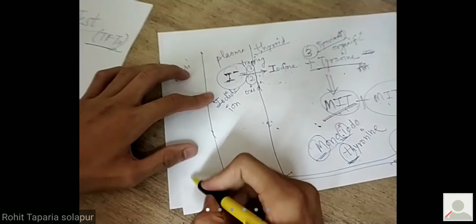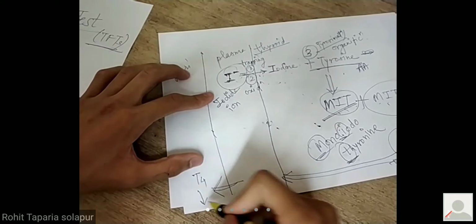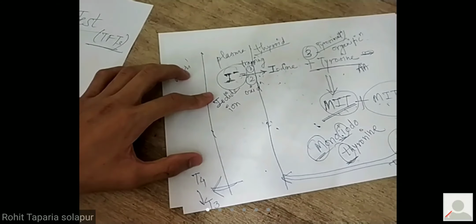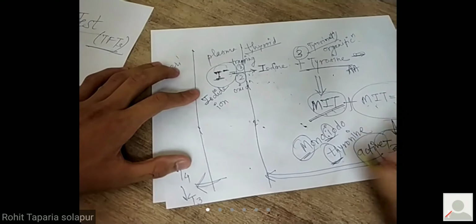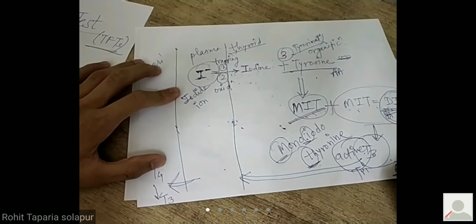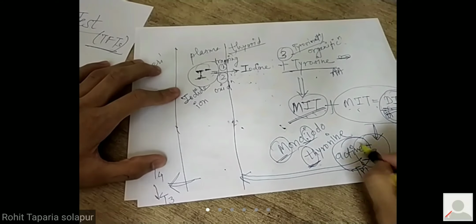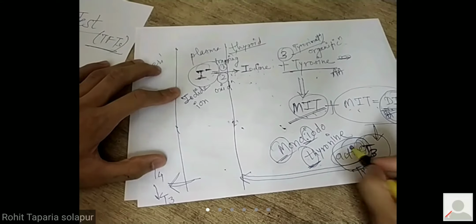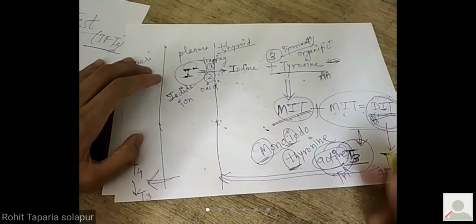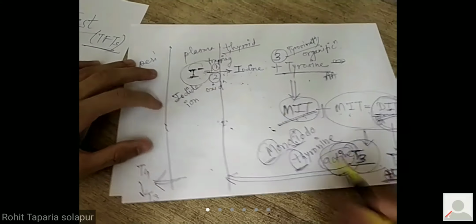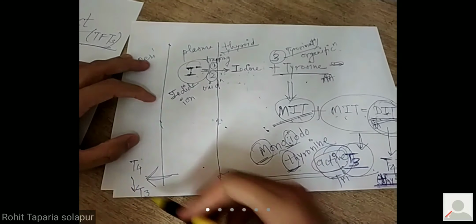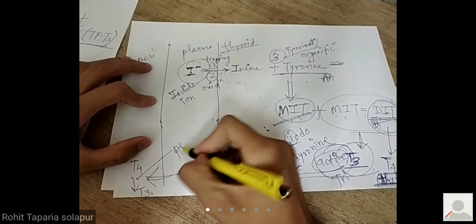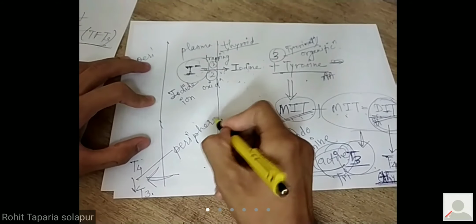And in periphery, T4 is converted to T3. Why? Because T3 is the active form. Though T4 is the thyroxine molecule, T3 is the active form and it is more potent. The activity of T3 is more, and so there is peripheral conversion of most of the T4, that is the thyroxine hormone, into T3, and this is called the peripheral conversion.